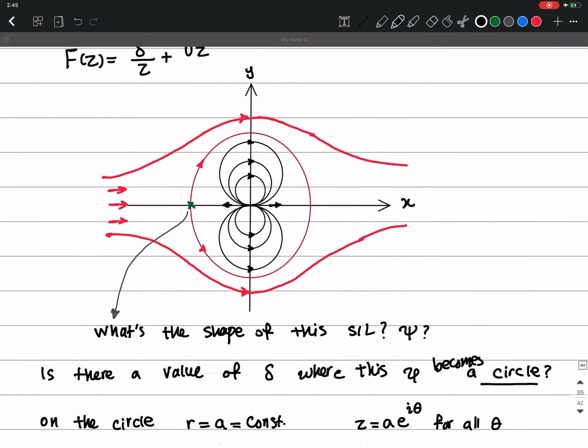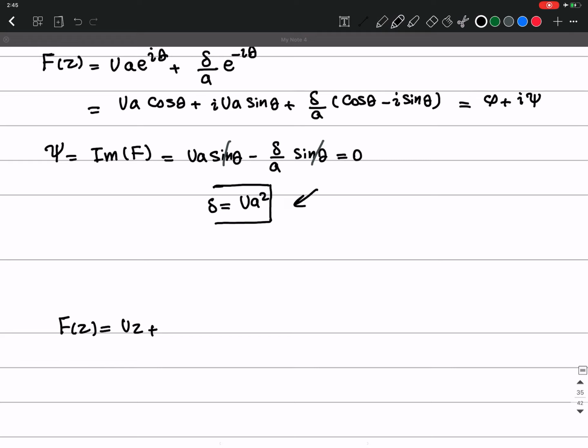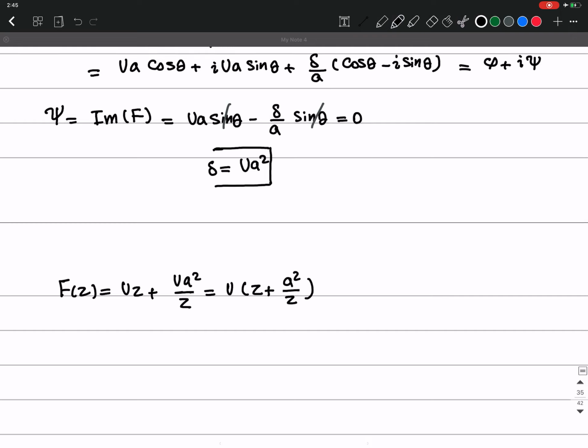Instead of delta, I write UA squared based on here: UA squared over z, which equals U times z plus, factoring out U, U(z squared over z). And so when psi equals 0,